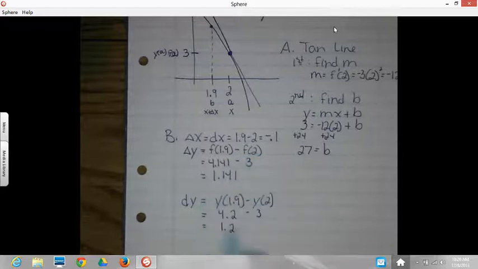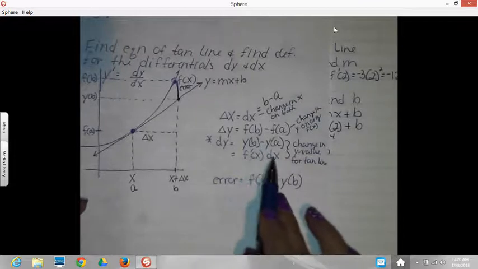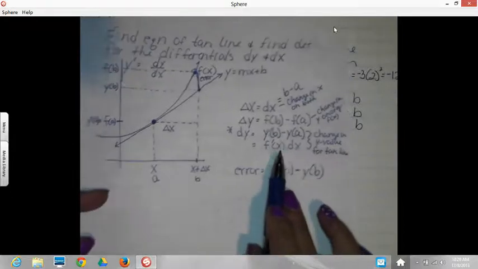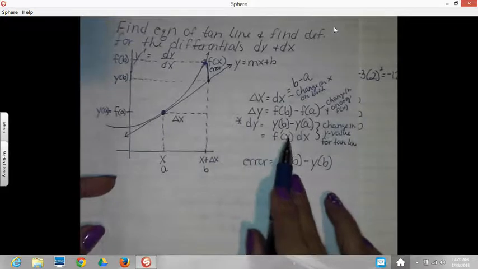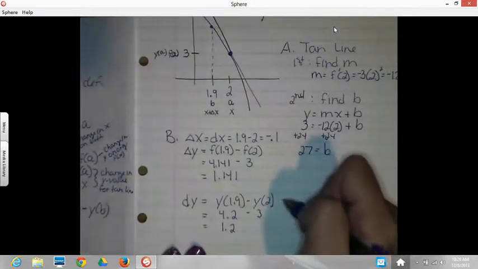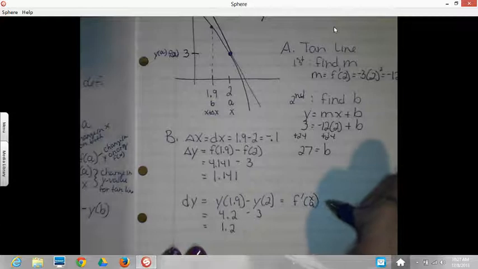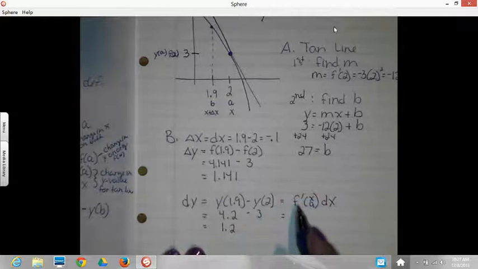Okay, the big connection here is that we could have found that dy value without knowing the tangent line if we use this other definition. It's f prime of x dx. And x is our original a value, because the b is the x plus delta x, and this says f prime of x. So the other definition would be f prime of x, which is our a, times dx. Well, f prime of 2